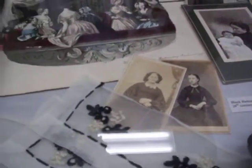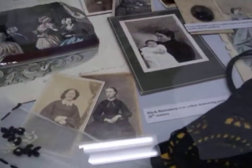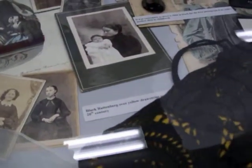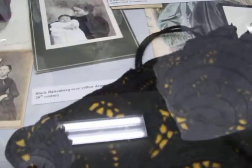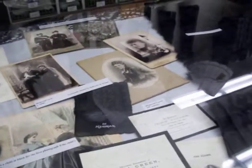border. You know, those little stop and start bits. Here's black Battenberg lace over a yellow drawstring purse. I don't know if you can see it, but here, let me...